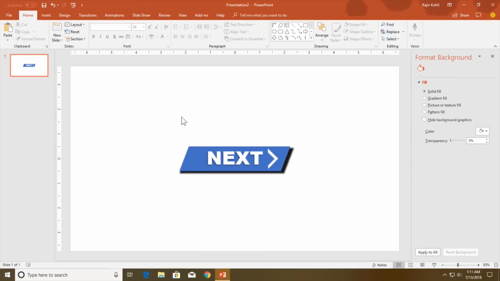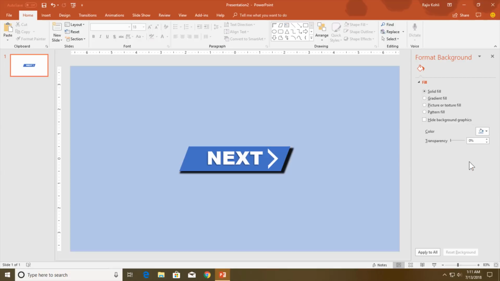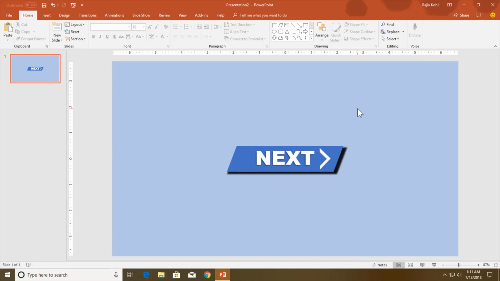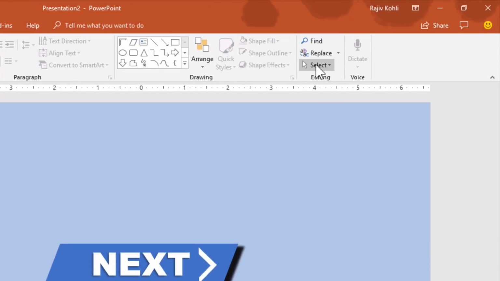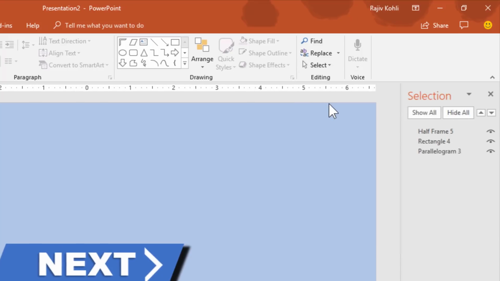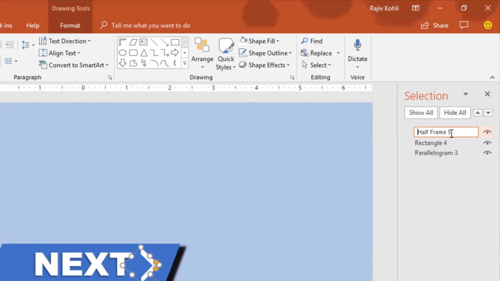Expand the thumbnail view. Now right click on the empty area of your slide and go to format background and apply a solid fill, whichever color you want. I am going to go with this one. Close the format background. Now duplicate this slide, or before that, from the home tab click the select drop down button and open selection pane, and here I am going to rename these items according to my requirement.